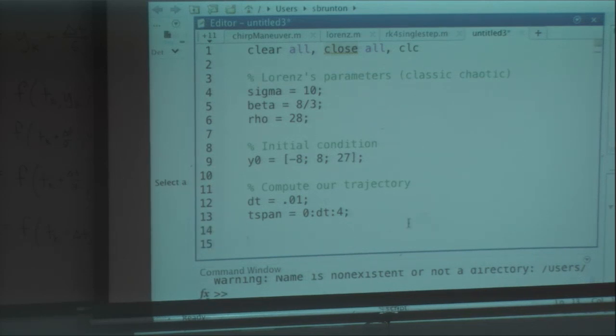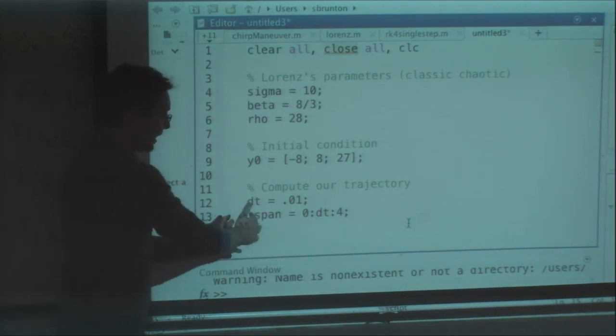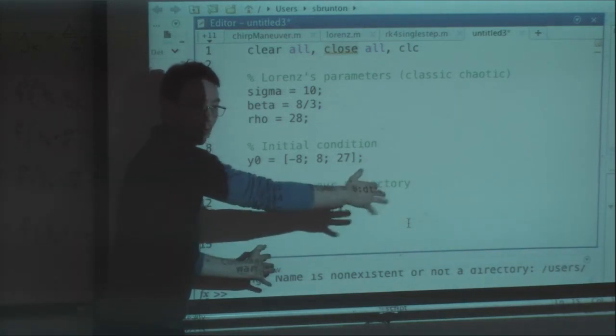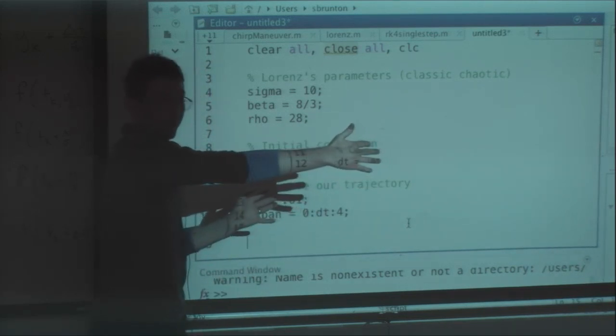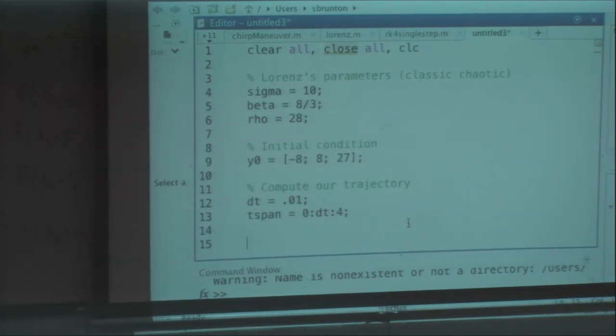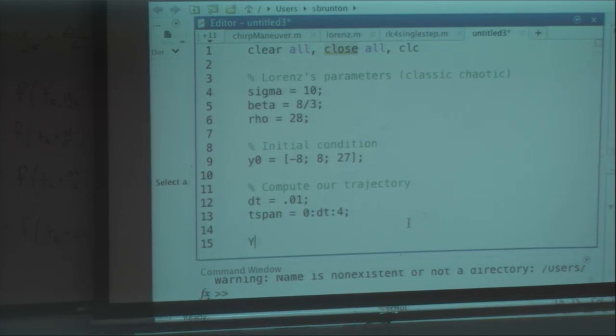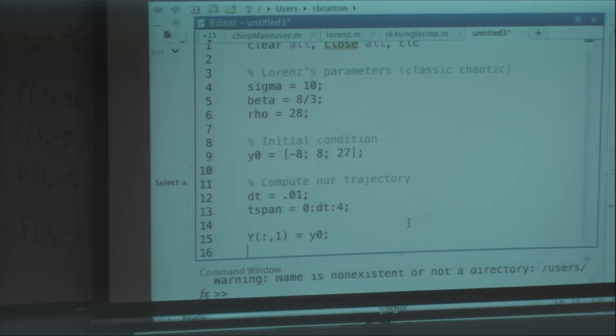And what I'm going to do is, just like we did in the previous example, every time I step forward my state, I'm just going to tack it into a big matrix that contains all of my state histories. Okay, so I'm going to say this big matrix of history, the first column is y0.